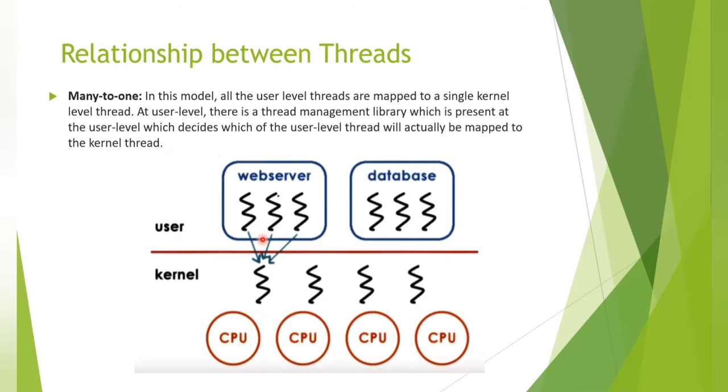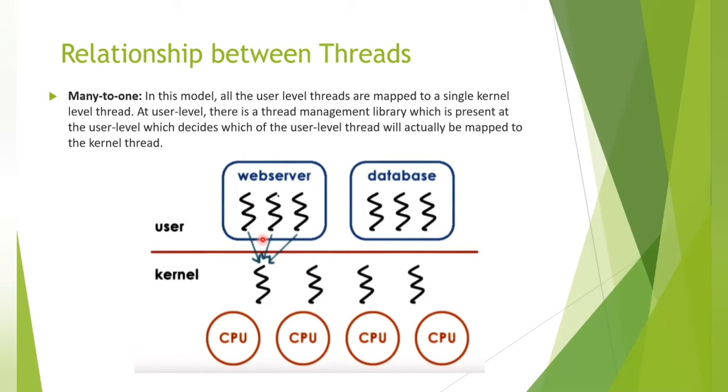Advantages. As all the management is done by the thread management library present at the user level, everything is done by the user level thread library, like scheduling, synchronization, context switching, etc. So no kernel support is required. Hence, no constraints on limits, policies, etc. Also, we don't have to do frequent system calls, which is an expensive task.